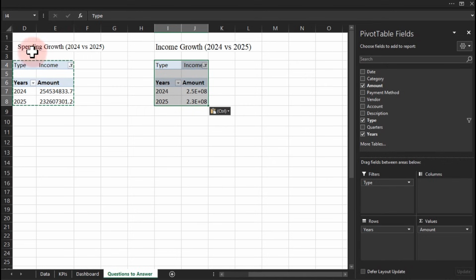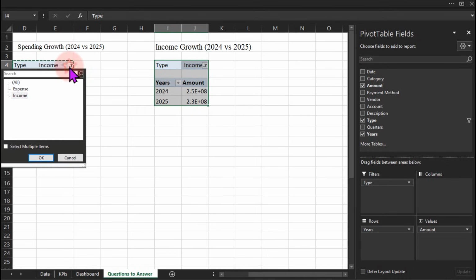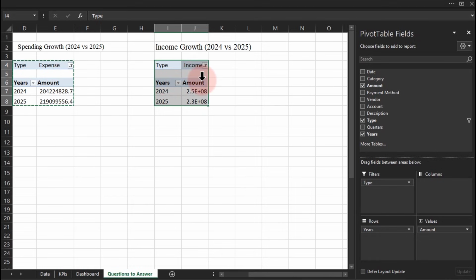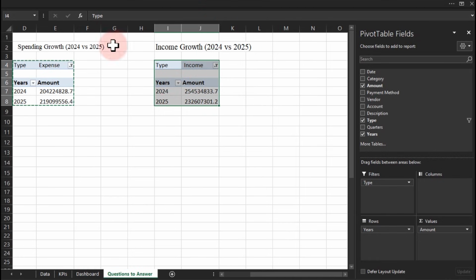So I think this one should be this spending. This should be expenses. Now this one should be income. This one is correct right now. Can you see it now? Okay, so